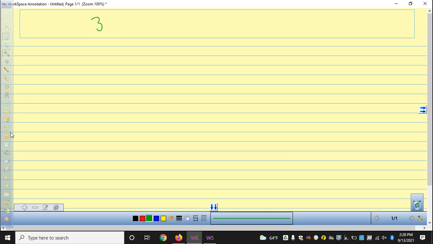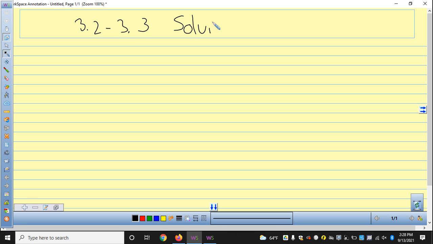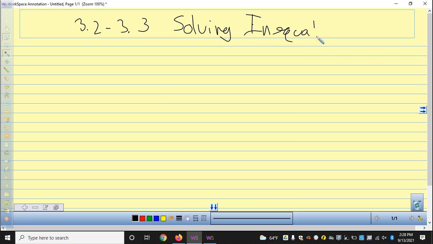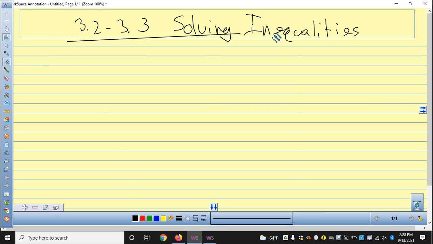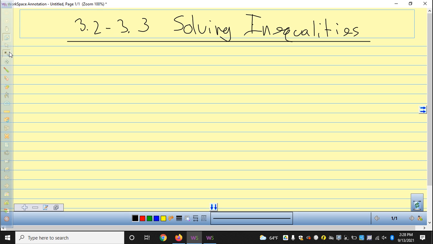So we're doing section 3.2 and 3.3 together. We're going to talk about solving inequalities. And just a quick reminder, I will tell you when we get to the part that goes in your little flip book. Just a quick reminder, when we are solving, that means we are getting the variable